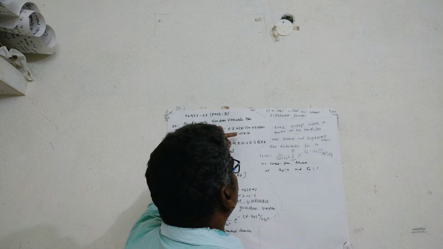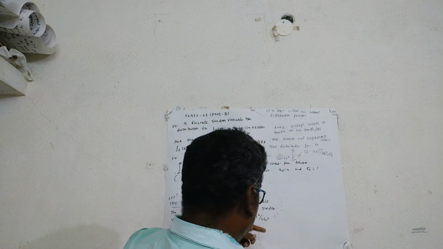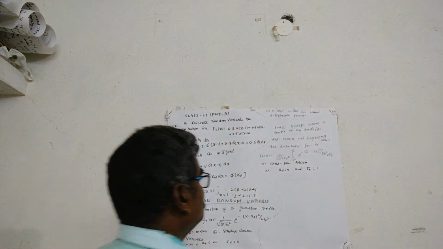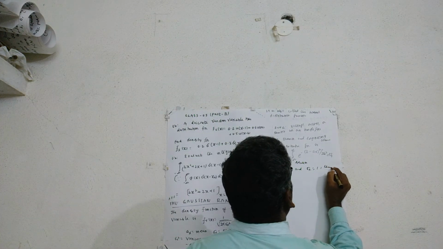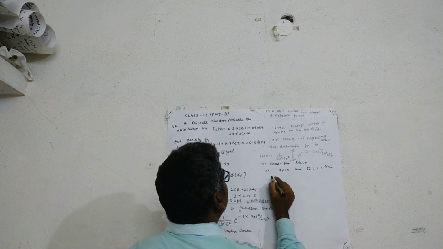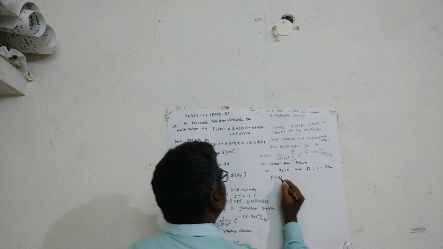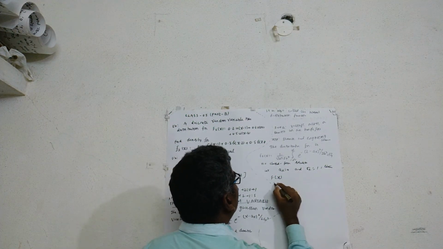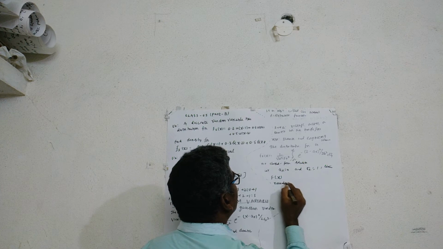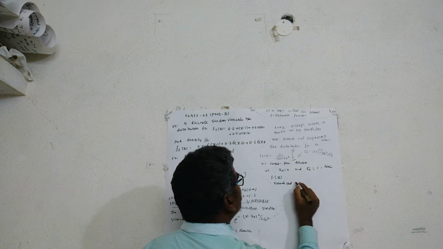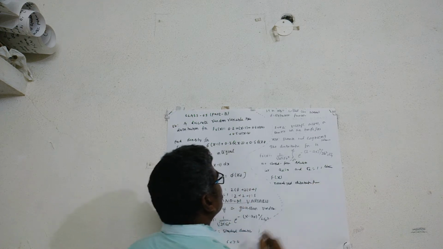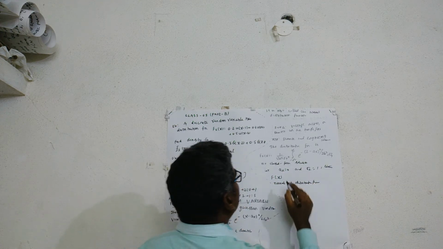Then this distribution function FX of x will become the normalized distribution function, which is indicated by F of x. What is F of x here? Normalized distribution function. Okay, that is F of x is equal to